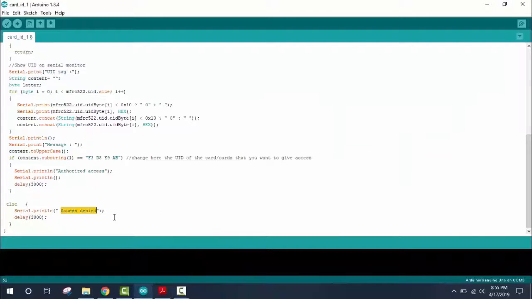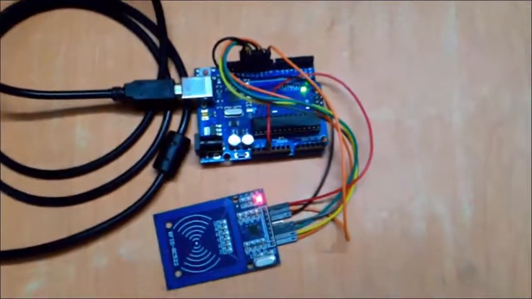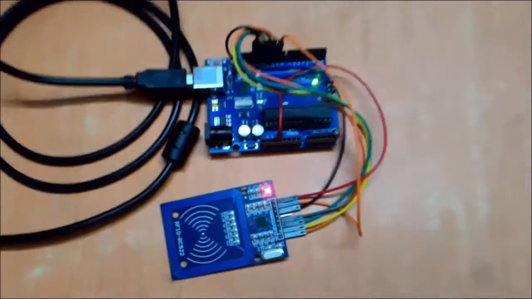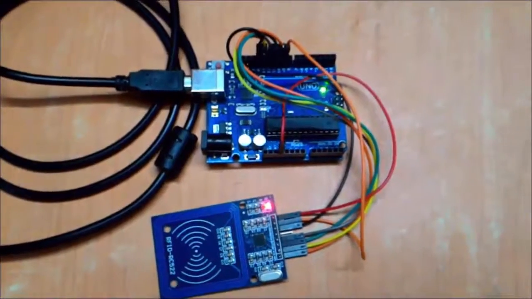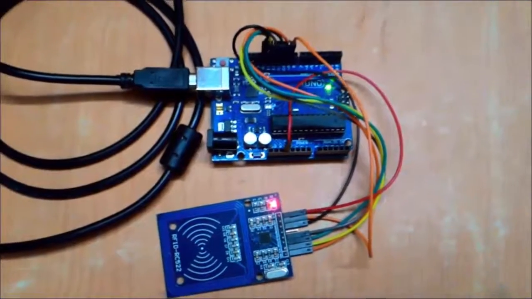Now we will see the hardware implementation of this whole system. This is the hardware implementation of our RFID based authentication system. Here we have our Arduino IDE, which has a program for authenticating the RFID tag readers, and this program is already uploaded to the hardware Arduino board. Here we can see the Arduino board and the RFID RC522 tag reader connected. The pin connections are as shown in the pin diagram, which was explained previously.